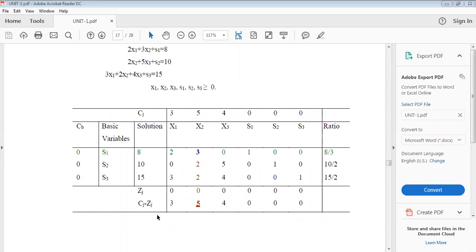Therefore, Cj minus Zj is 3 minus 0, 5 minus 0, 4 minus 0, and so on. So like this, you are getting 3, 5, 4, and the rest,